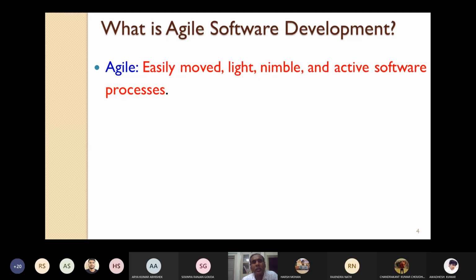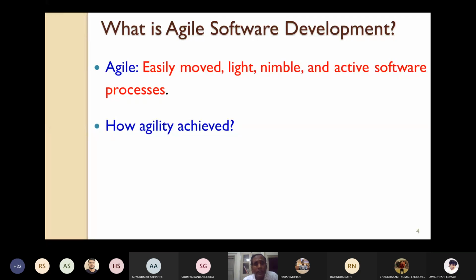That's why the name is Agile software development. Agile means which can be easily moved, which is light, nimble, and active.